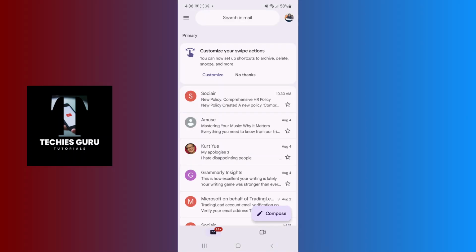And after opening your Gmail app, guys, on this interface at the top left corner of the screen, you can see there's a three-lined icon available for us. Tap on the three-lined icon at the top left corner of the screen,